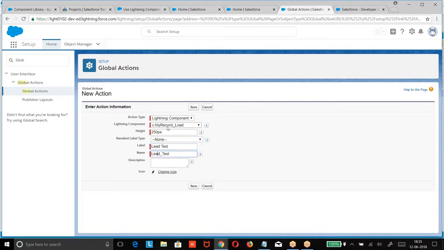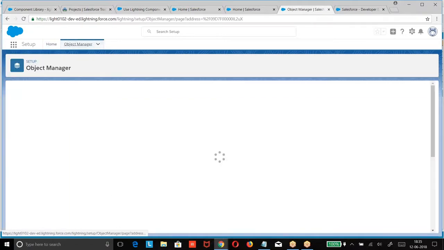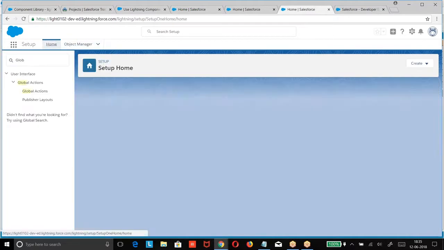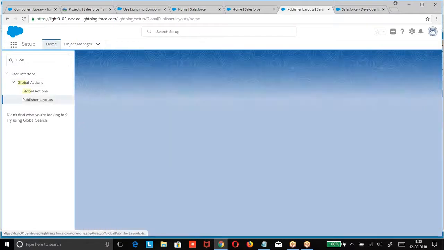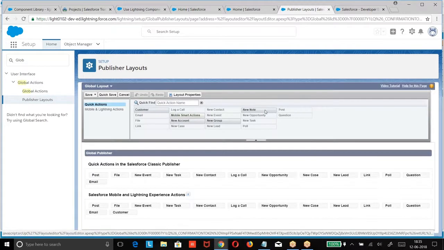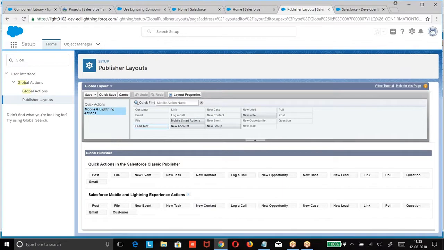So whichever Lightning component you want, select it. When you click on this component, what is happening? The corresponding Lightning component will open. Then we made it. What should I do? Go to publisher layouts, edit, mobile and Lightning. We had lead test.